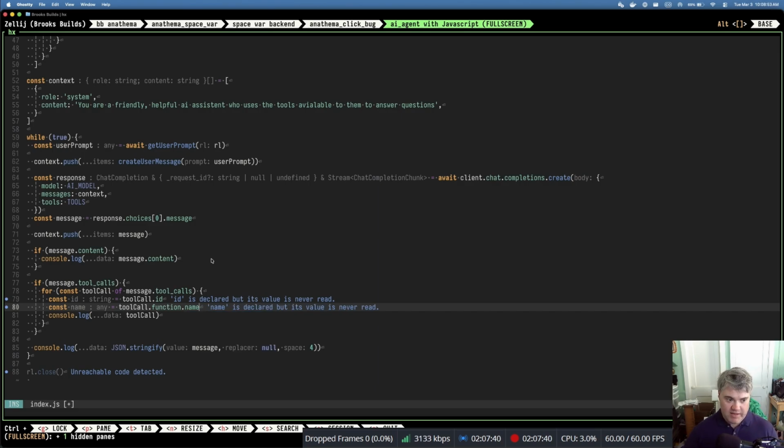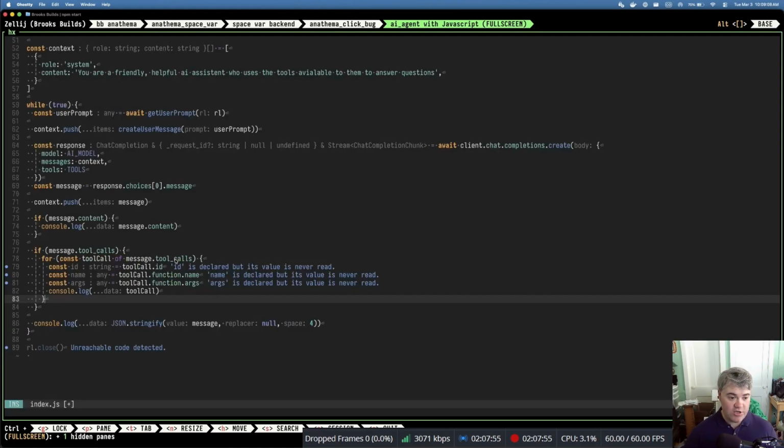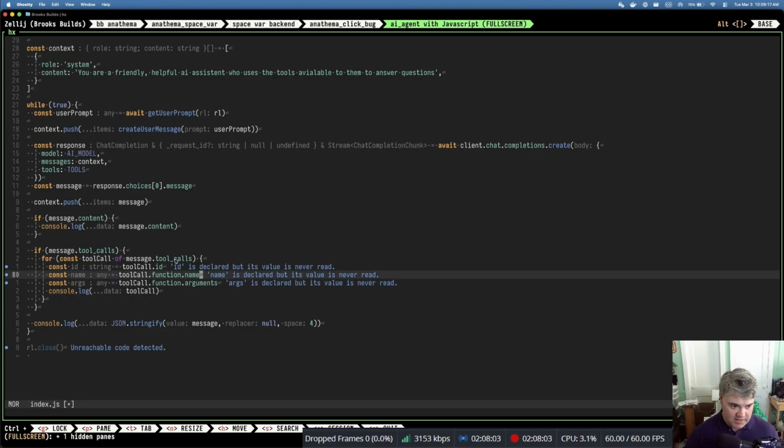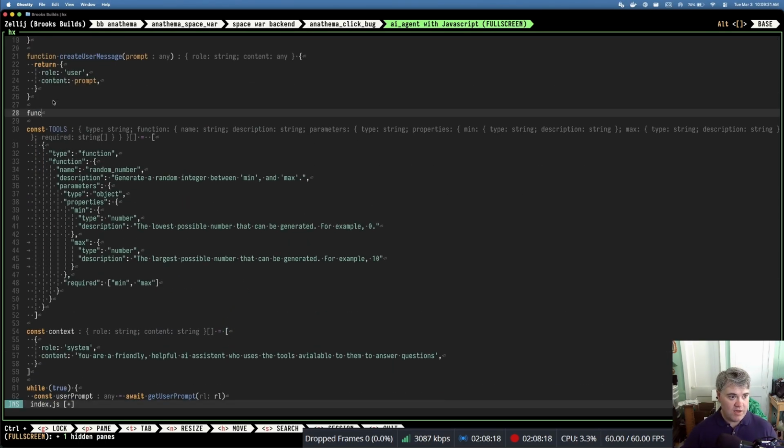And then we need the arguments. Tool call function, I think args. Is that what it called it? No, it called it arguments. It wasn't even one of the things that it had available. Okay, so if we have all of these things here, we can go ahead and maybe we'll have an actual function to run the tool call. So function run tool. So this is the random number tool. We're gonna take in the ID. We're gonna take in the